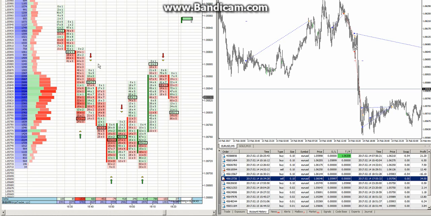So how do you know this? You know this by observing the chart on your extreme left right here. That the market